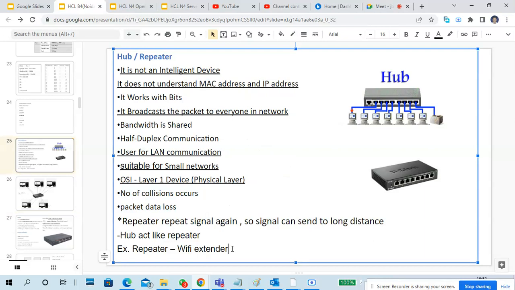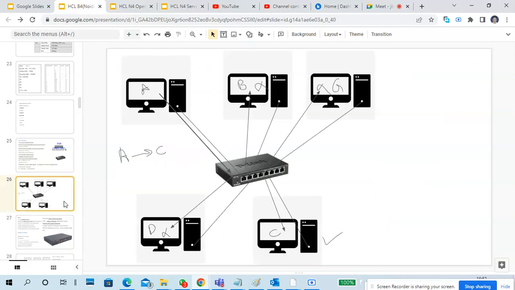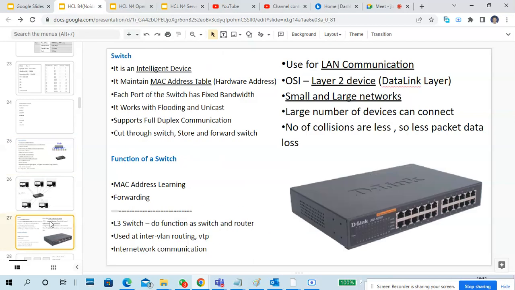Okay, here is the point I gave for a repeater, guys. Wi-Fi extender is one of the examples. Why are repeaters there in general? Wired repeaters also exist, but nowadays if someone asks you to give an example of a repeater, you can say Wi-Fi extender. Nothing will change. Only the signal will be boosted to travel a little longer, right? So this is about a hub.